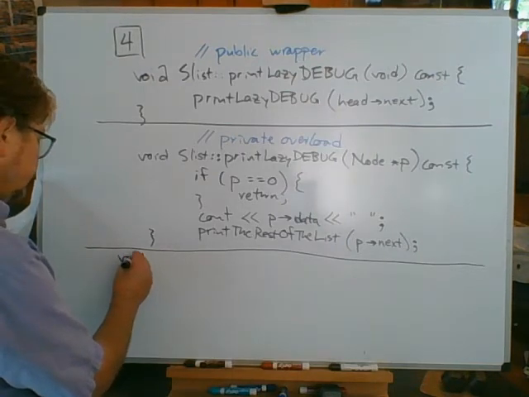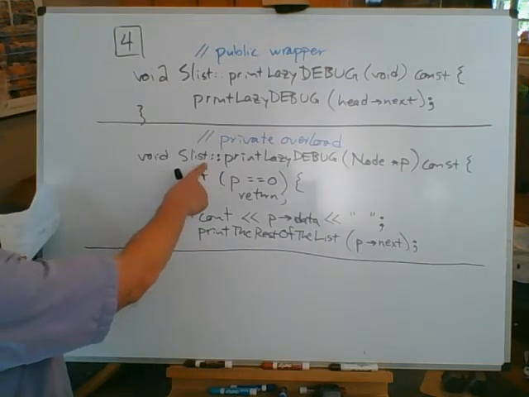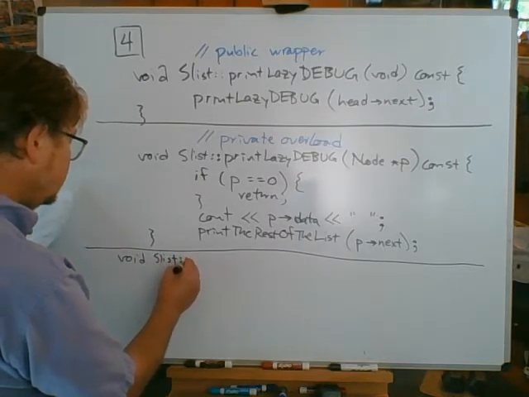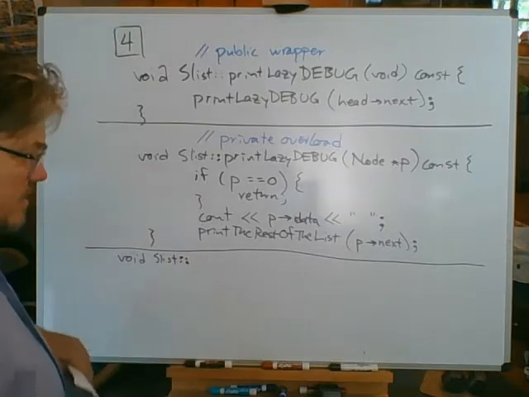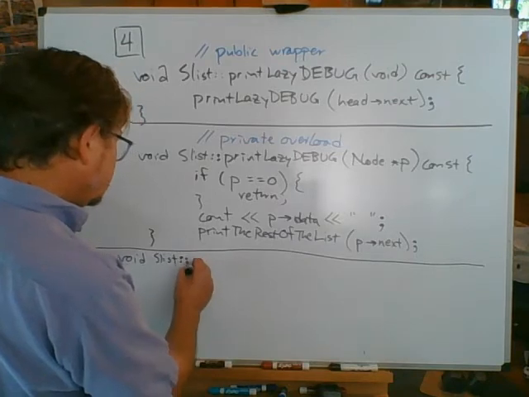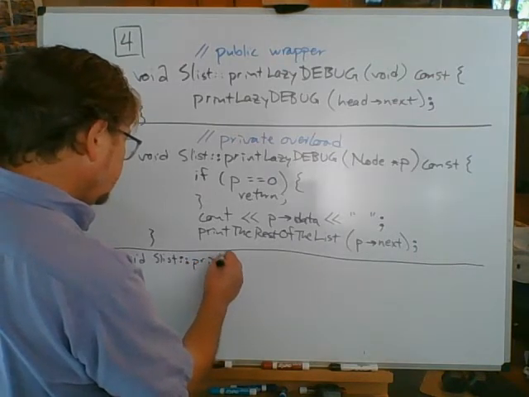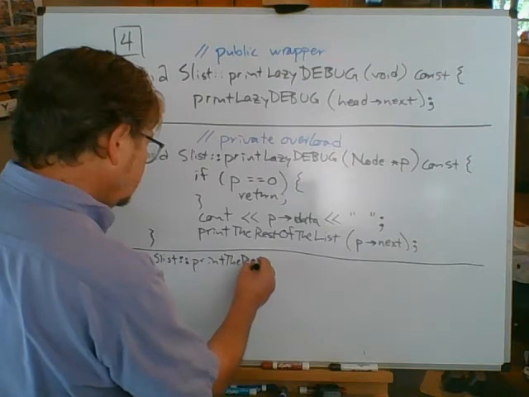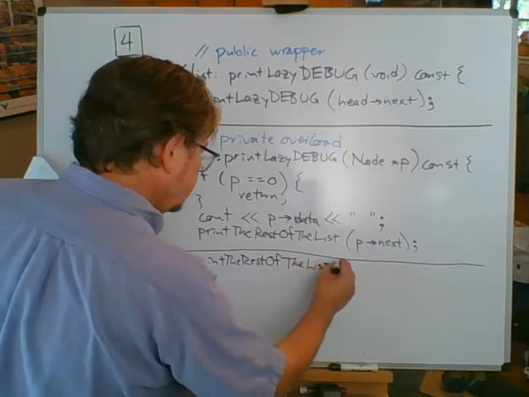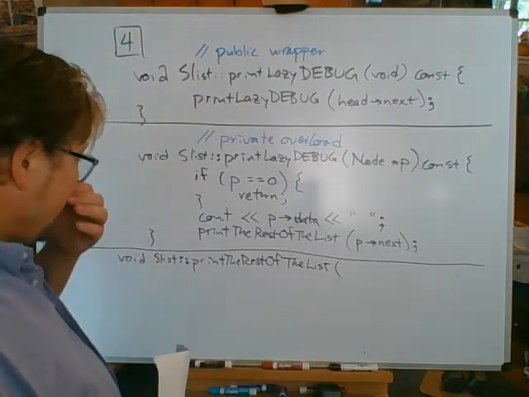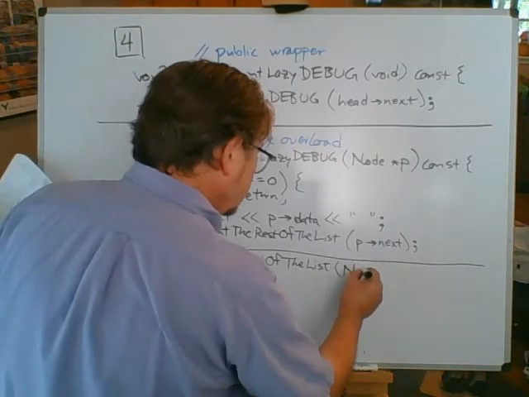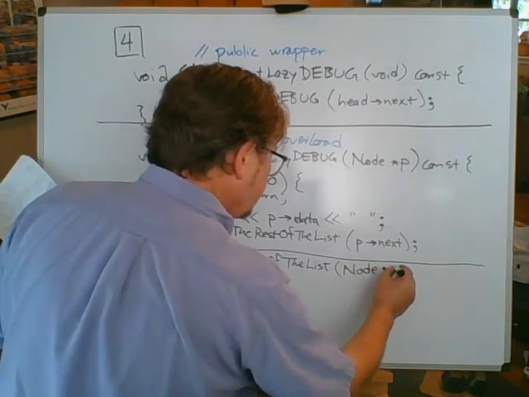Void. Print the rest of the, it's got to be a member function, SList::. Even I'm subject to the error of leaving off the SList::. Yes, I do that all the time. I'm sorry. SList::PrintTheRestOfTheList. And let's see, what else is mandated? It's accepting a single parameter of type pointer to node, Node* p,